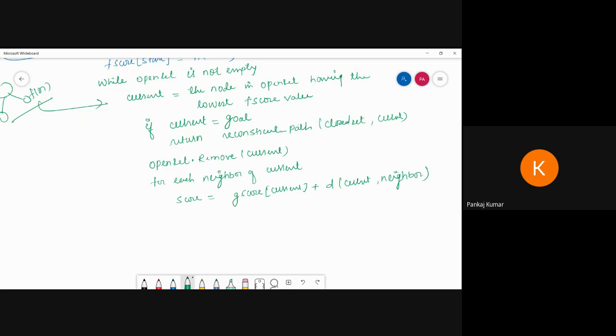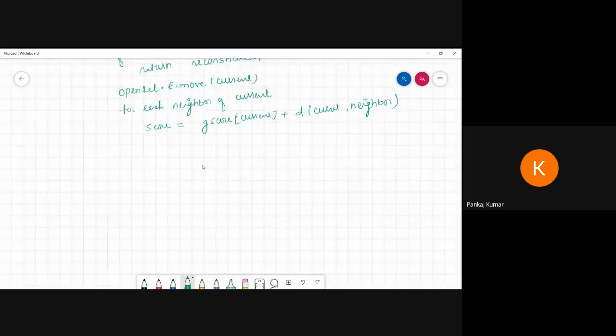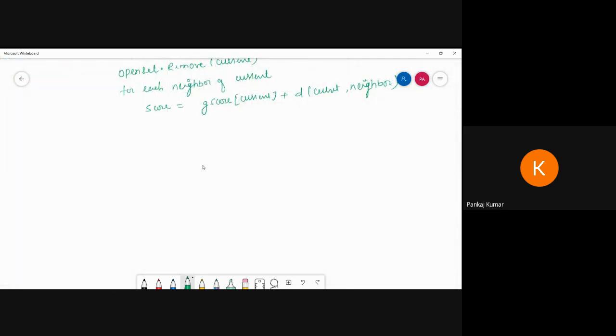Then we have to write the next code, to check whether this is the minimum or not.